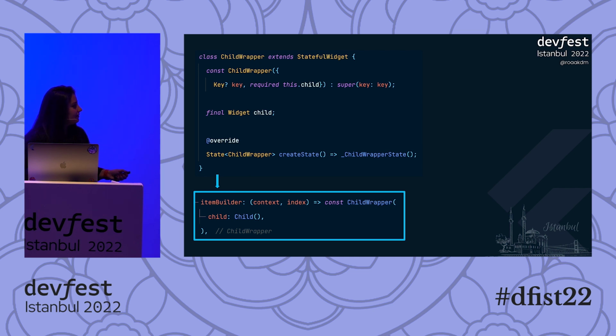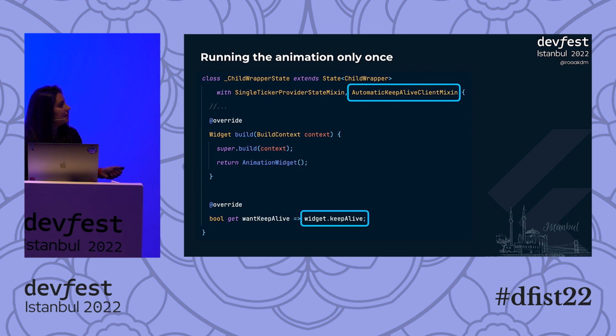And when I have a list with an item builder, I wrap the child with this widget so that I can run all my animation code in it. And whatever child I give it, it will animate accordingly. Also this way, I can use an automatic keep alive client mixin with the state object of the wrapper widget